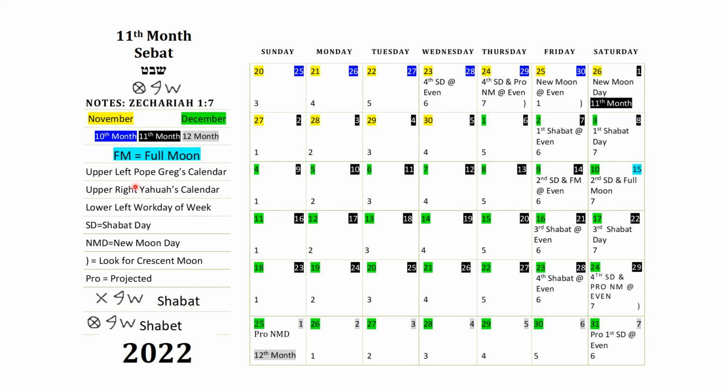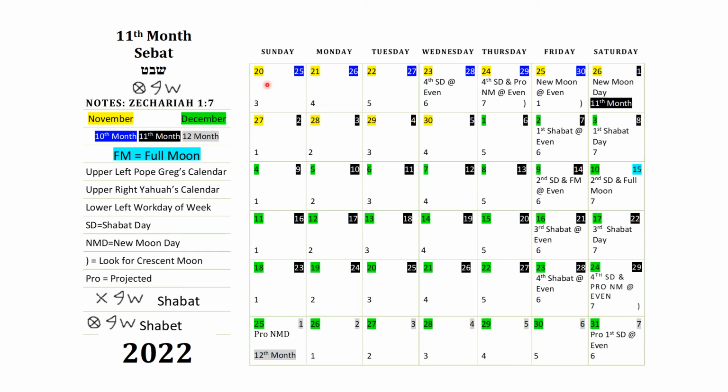All right, we got our colors here representing what month it is. In the Pope Greg's calendar, the colors here represent what month it is, and the lunar events, and I already told you about the full moon. This right here is the positioning of the numbers, or what they stand for in each position.